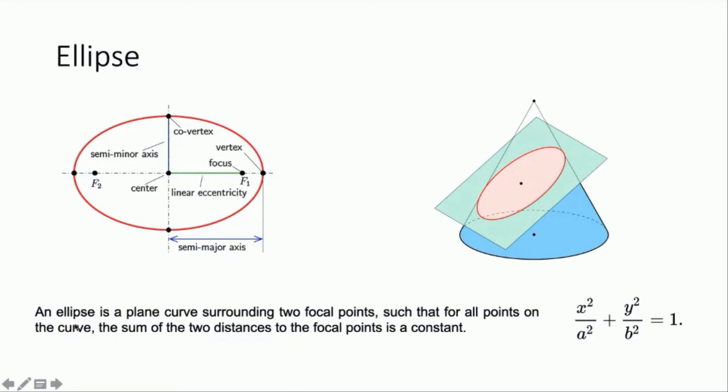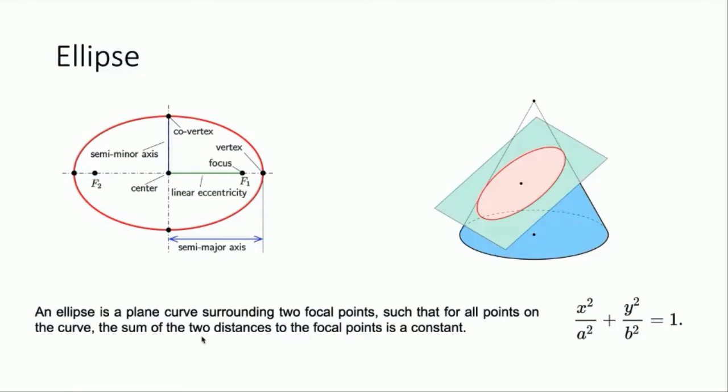These are the terminologies in your ellipse. We have two focuses, F1 and F2. Vertex is the point where the curve meets your major axis. So this point is your vertex. This is your major axis, and this is your minor axis. The path passing through the major axis will have the vertex. So vertex, focus, directrix, major axis, minor axis: these are the things you need to know about an ellipse, and this is the definition of an ellipse.